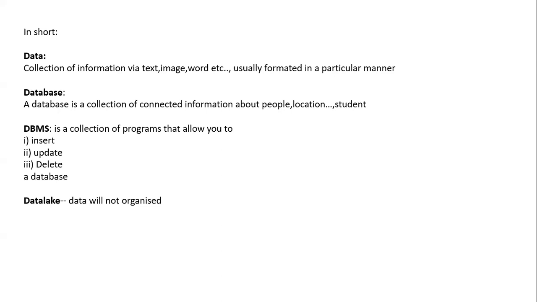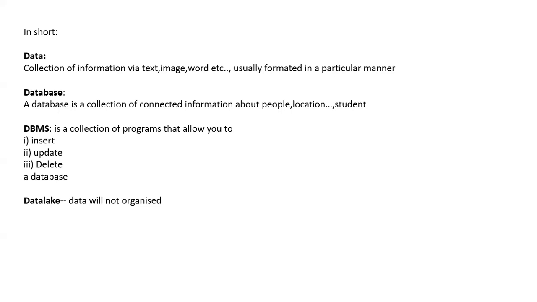Starting with data: data is nothing but a collection of information. Suppose we are using WhatsApp and we share an important message in text format, that is a kind of data. Any images, video, audio or Word format, everything is data that we format in a particular manner.